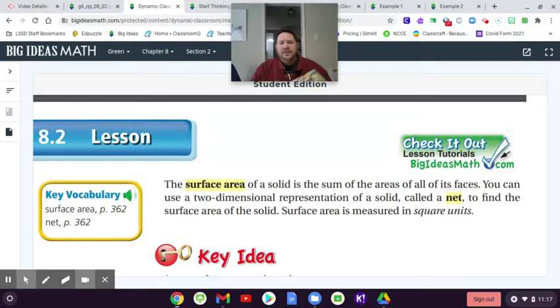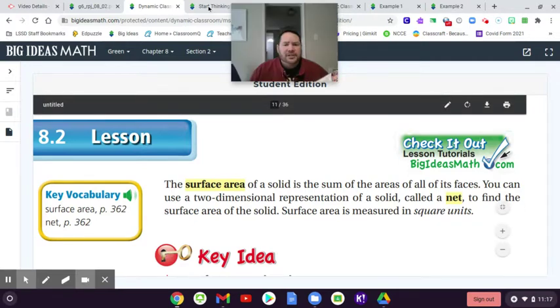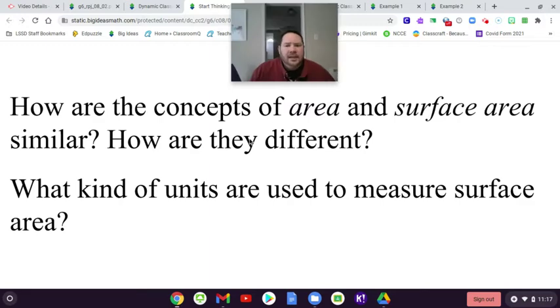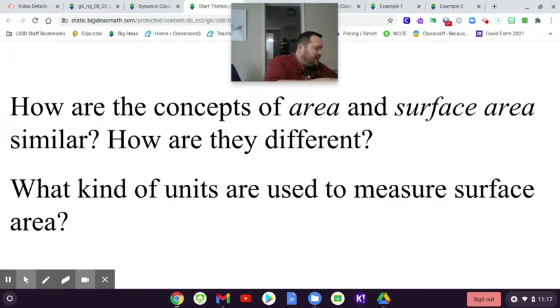So basically, your first question to start thinking about is, how are the concepts of area and surface area similar? How are they different? And then what kind of units are used to measure surface area? So the first question I'm going to answer for you. For area, if I have the area of, let's say, this piece of paper I want to find, I would find the length and the width, and I would multiply length times width, and that would give me the